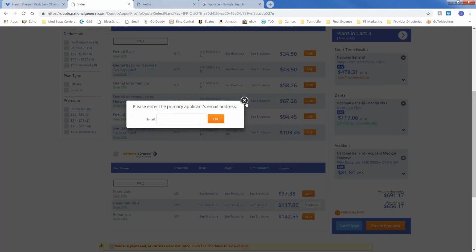So to enroll, you just click the Enroll Now button. Obviously, you need an email. So it's asking for that, and then you just go in and type in all their information. There's a couple of medical questions that they have to answer. HIV, diabetes. I'll post those medical questions up in the group that we're in so that you can see. You always want to have those medical questions very handy. But that's the nitty-gritty of it.